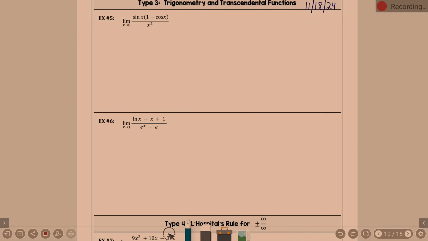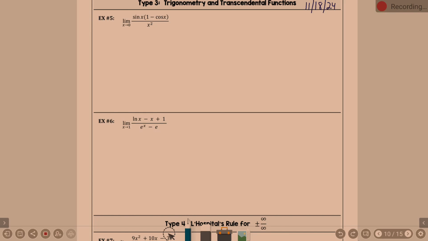Okay, guys, we are starting off with number 5, and remember we're talking about L'Hopital's rule, okay? And that is if you get one of those indeterminate forms. So if you try and take the limit and you get 0 over 0 or infinity over infinity, those are the two main forms we're talking about, okay? You try and take the limit and you get one of those forms, we can apply L'Hopital's rule, which says you can take the derivative of the top and the derivative of the denominator and retry it and see where